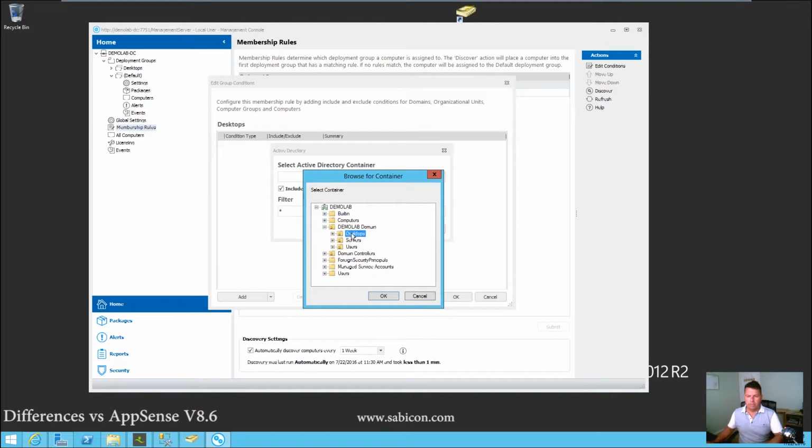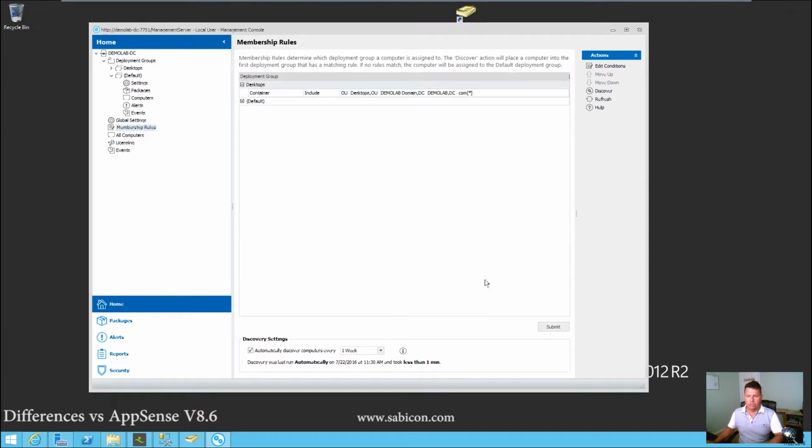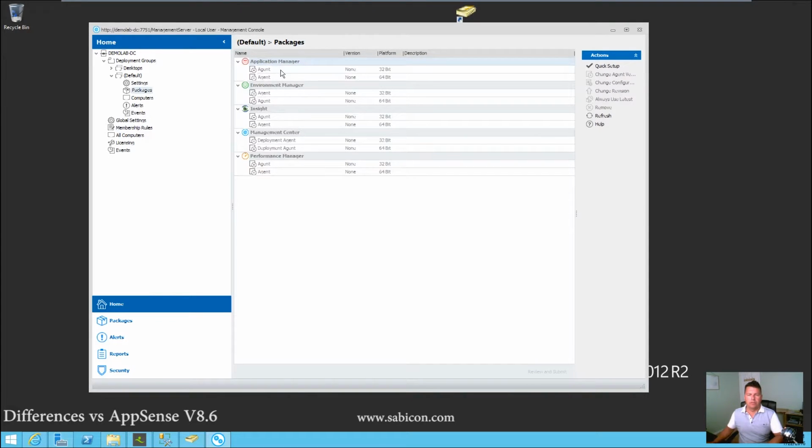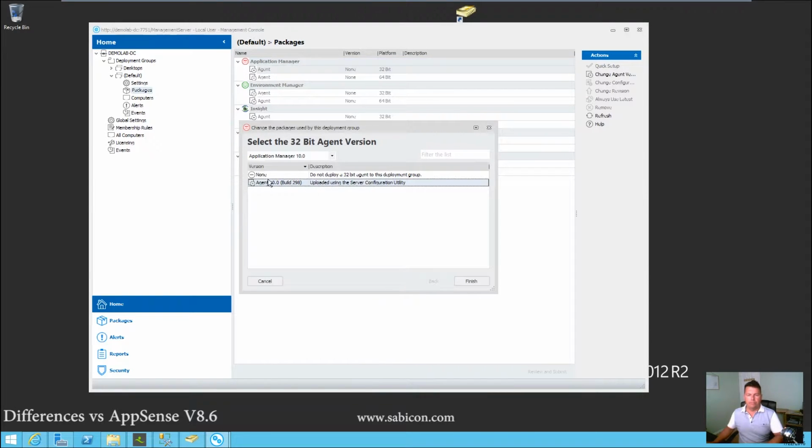It's my demo lab domain, desktops. We'll take the whole of the desktop directory structure. Okay, submit. So yep, all looking pretty much the same. Packages. So agents, yep. So we're still using... I can see the major thing here with version 10, certainly